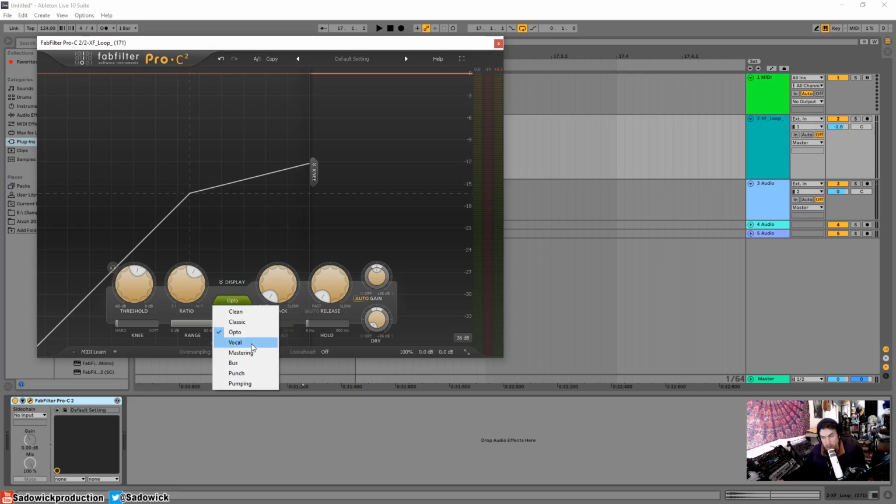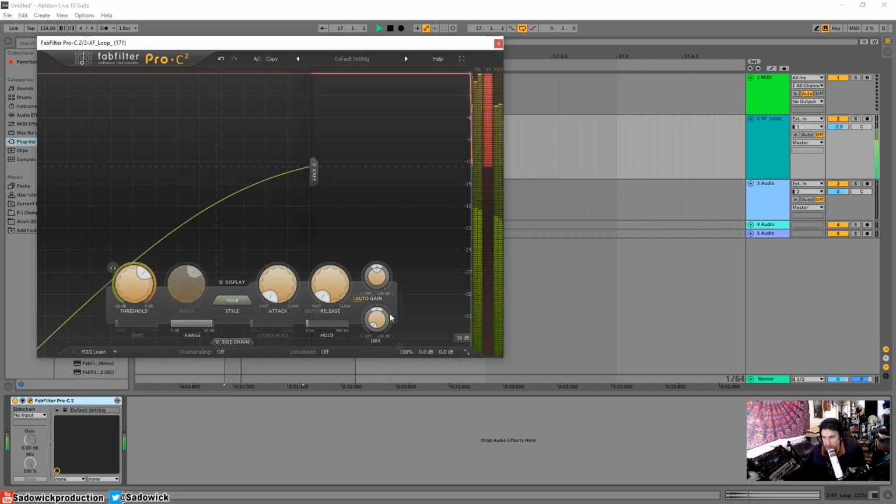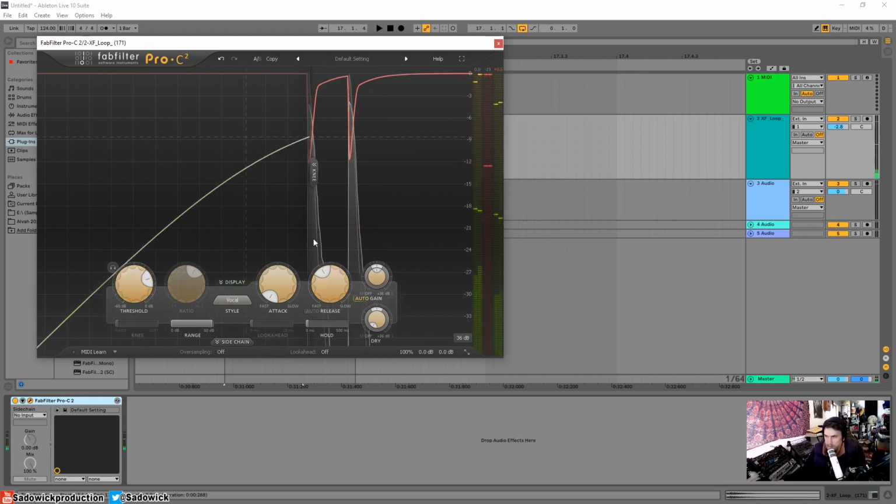Vocal is really interesting. Vocal is a special algorithm. It gets rid of the ratio. You're like, what the heck's going on here? And it's tailored for vocals. Remember, I was saying that transparency is very important in vocal compression. Well, this is why. And it's a very interesting release curve with the vocal style,